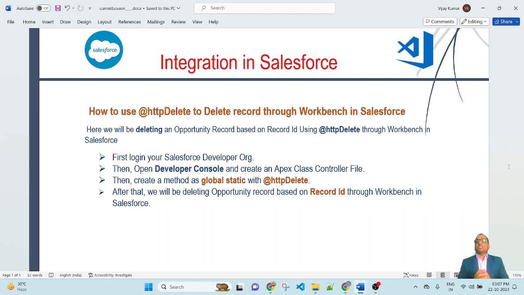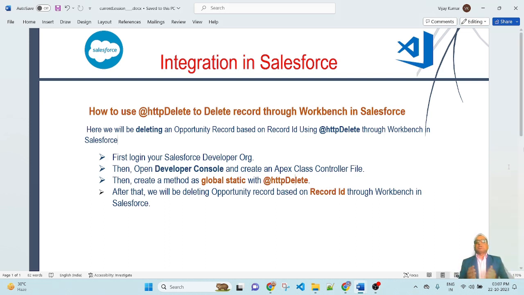So first, log in to your Salesforce developer account, then open the developer console and create an Apex class controller file. Then create a global static method with @HTTP delete. After that, we will delete the opportunity record based on record ID through Workbench.